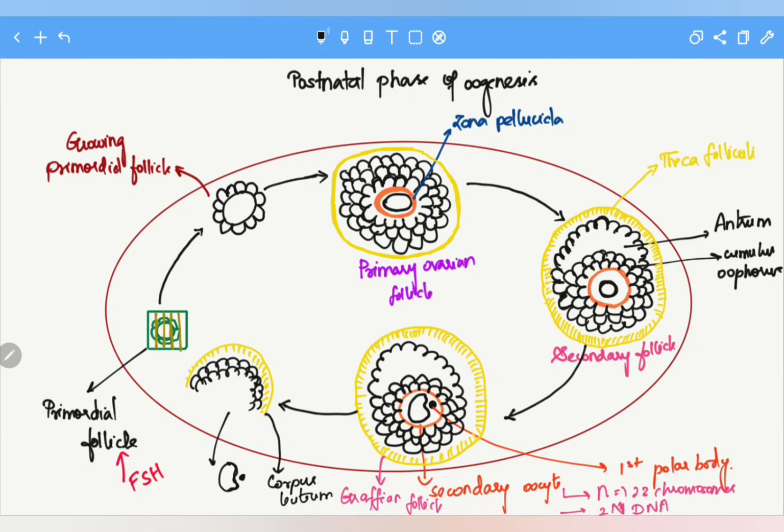If the sperm doesn't approach, the ovum just degenerates and gets absorbed by the epithelial cells of the fallopian tube itself. The ovum, the secondary oocyte, is released from the ovary and waits for about 24 to 48 hours in the fallopian tube for the sperm to approach. If not, it degenerates within the fallopian tube, and the degenerated organic material gets reabsorbed by the epithelial cells of the fallopian tube.